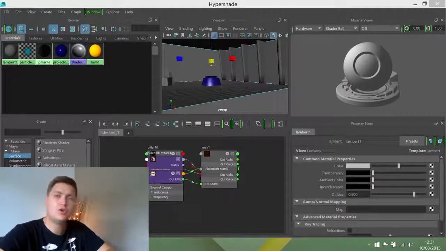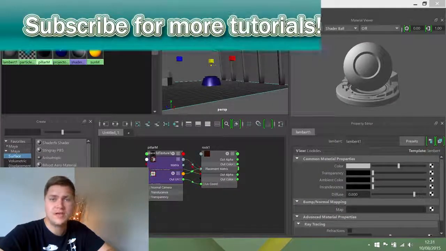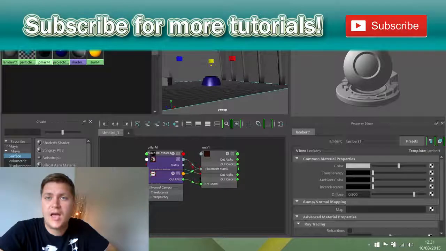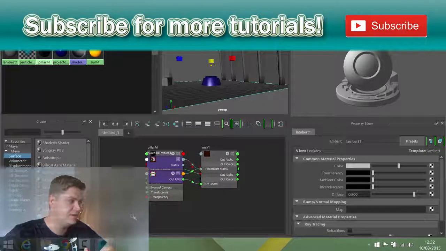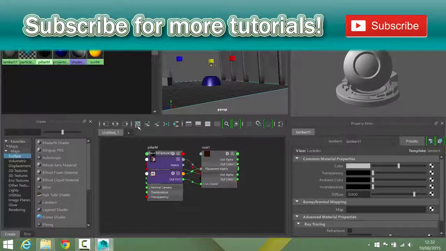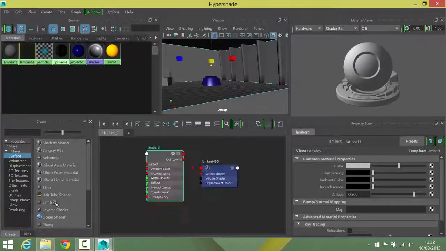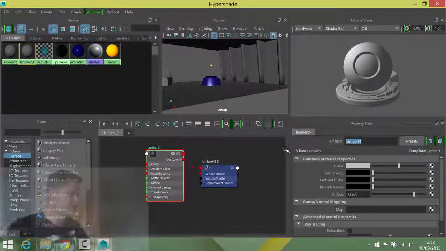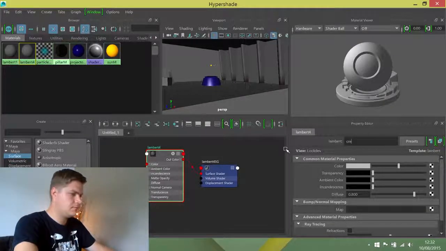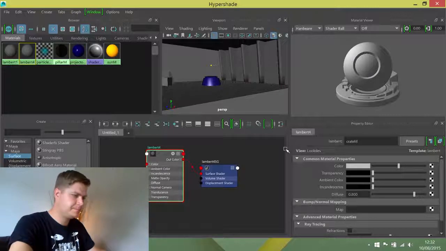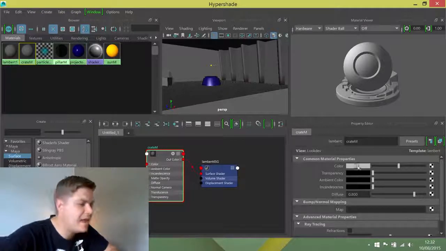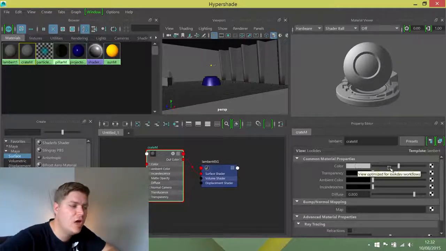Okay, so we're going to create a new material for the crates. Now it's a wooden crate, and wood generally doesn't reflect, so we're going to create a Lambert for this. Before I do that, I'm obviously going to clear my work area. I'm going to create a new Lambert, and it's going to be called Crate M. Oh, Crate M. Lovely. And again, for the colour, instead of just choosing a colour, I'm going to connect a